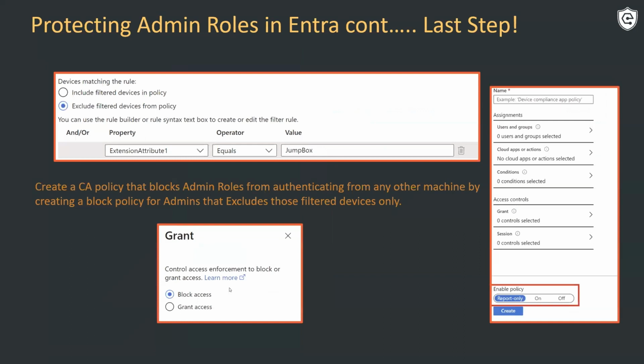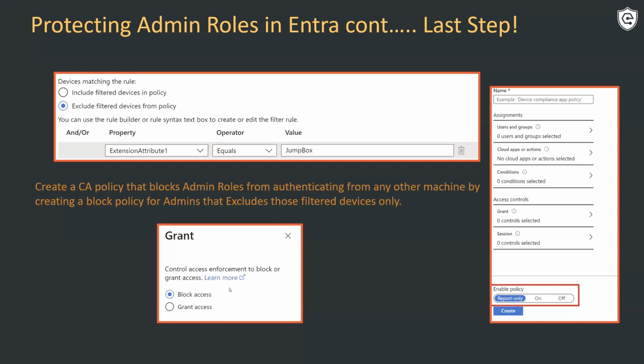Next slide. All right. And so once we have our policy in place, the next thing we need to do is do an inverse, right? So now I want to block every device that's trying to use an admin role but exclude just my jump boxes. So do this part, definitely set it in a report only mode, just so you can verify that you've covered all the accounts. Maybe you have some service accounts out there that still have rights and admin roles that will break if you do something like this. So doing the report only is great. You can go look at those same sign-in logs we showed you earlier, and you can see in the CA policy all the report only triggers. So you can filter by those in a list.